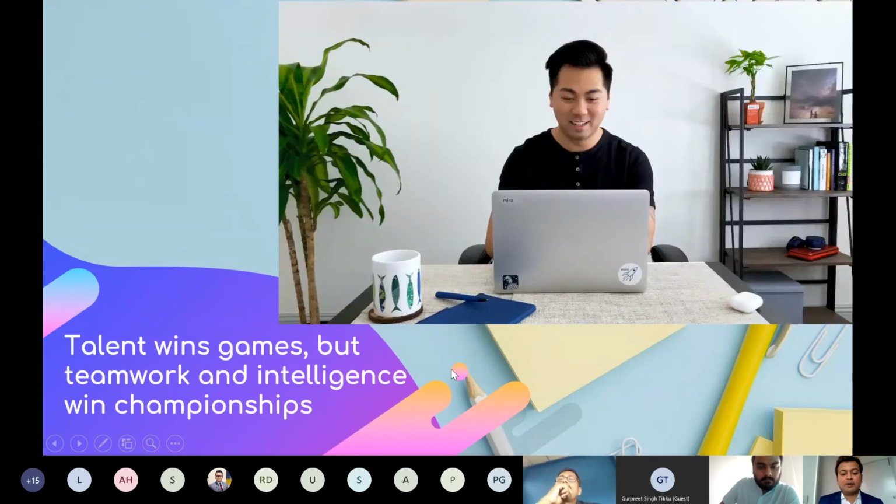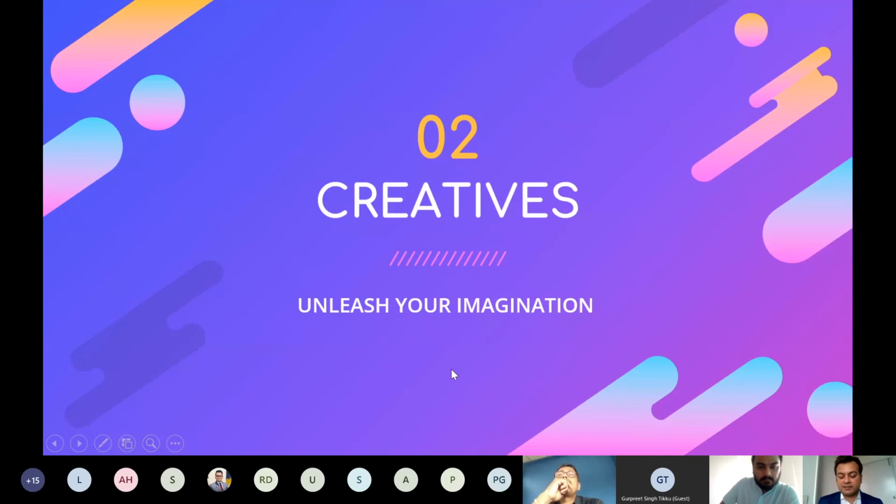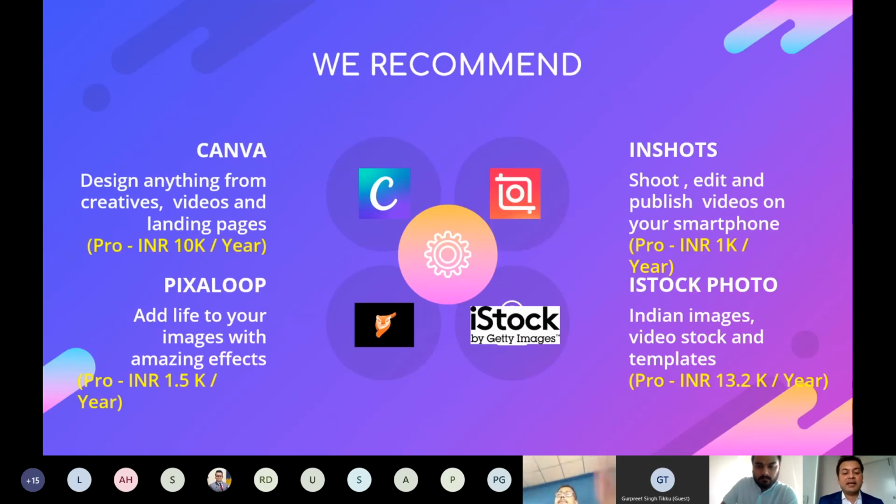With that, we'll move on to the next section, which is creatives, something I am personally very excited about, because that's what we end up doing and discussing most of the time, and debating what creative is better and who has done a greater job at that. So here we have 4 neat recommendations that again are the tools that we have been using.